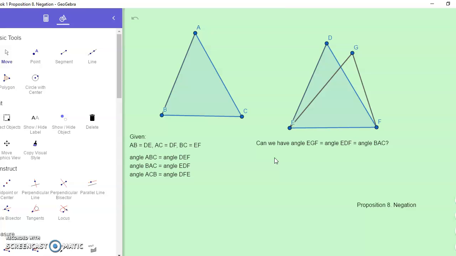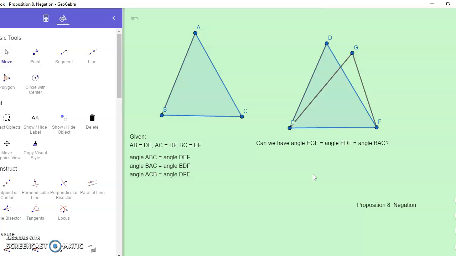Okay, and knowing that creating a scenario that is not consistent with proposition 8 would lead to some arguments that do not make sense, then we can say that proposition 8 is really valid and